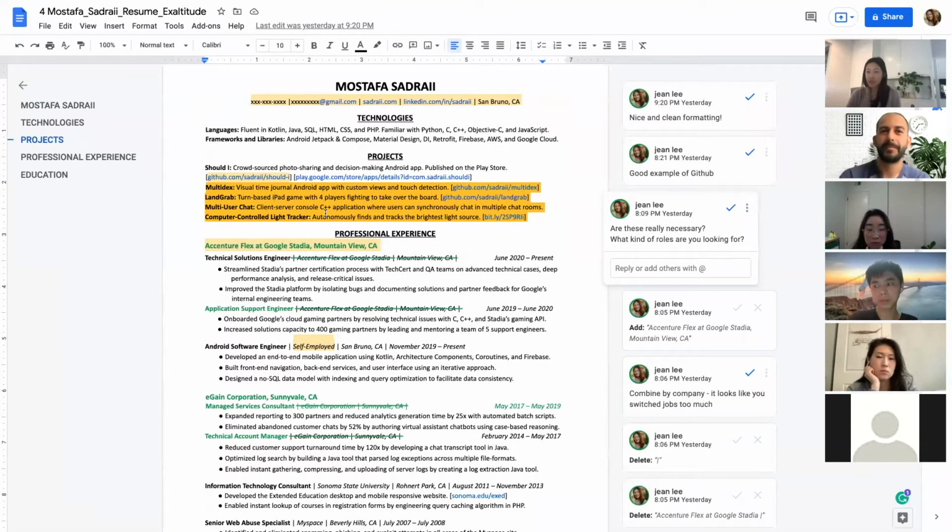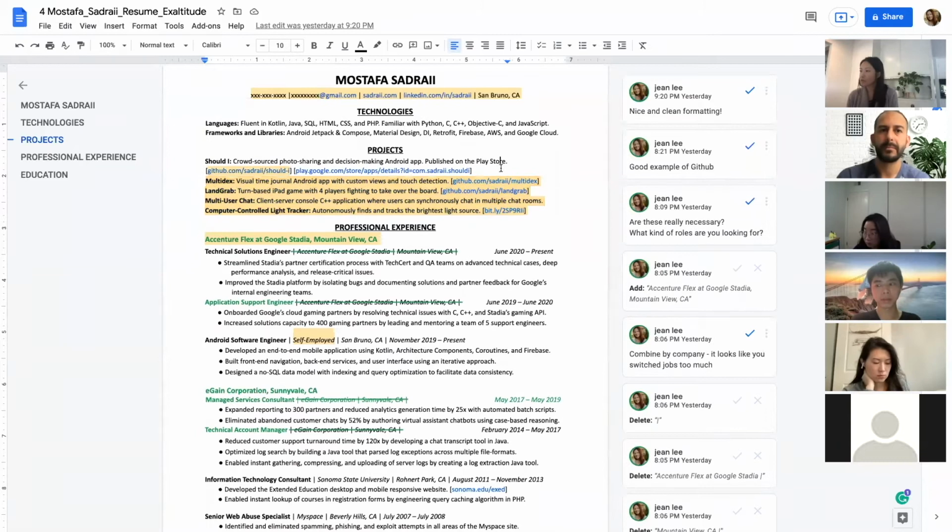Okay, so in that case, if you end up expanding, I would also encourage you to have multiple resumes. You would have one for Android, one for iOS, one for whatever else that you're applying for. I recommend people who are doing multiple resumes to have a master resume. So this will be your master resume where you list all of your projects. And let's say you found one that is Android specific. Then you're just gonna pick out your Android projects and remove all the rest. And then for your iOS, you can pick out the iOS and then remove the Android ones.